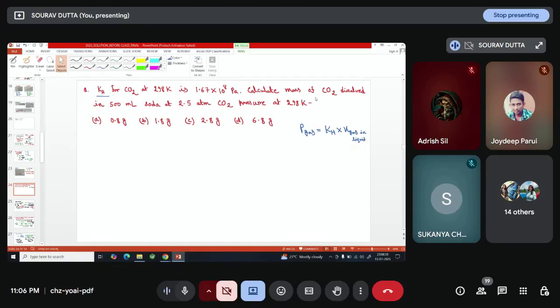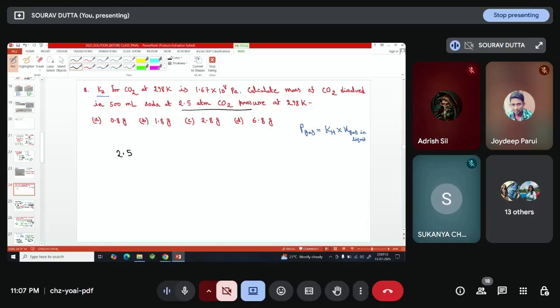Calculate the mass of carbon dioxide dissolved in 500 ml soda. 500 ml soda. Okay. Soda water preparation করা হয়েছে। So pressure of the gas... আচ্ছা আর কি ইনফরমেশন দেওয়া আছে, হ্যাঁ, so 2.5 atm CO2. Okay, pressure of the gas is given to you, 2.5 atm, বাস kh ভ্যালু।